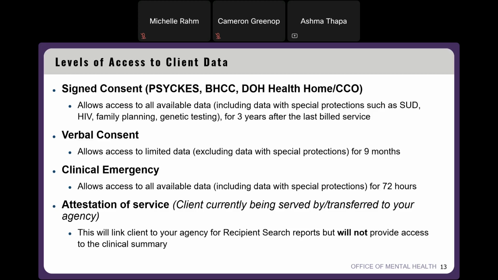But for now, we'd like to mention that you will be given access to all available data, but for 72 hours. And lastly, we have attestation of service. So this applies to a client currently being served by or transferred to your agency. Now, what this does is that it will link the client to your agency for any recipient search reports, but it